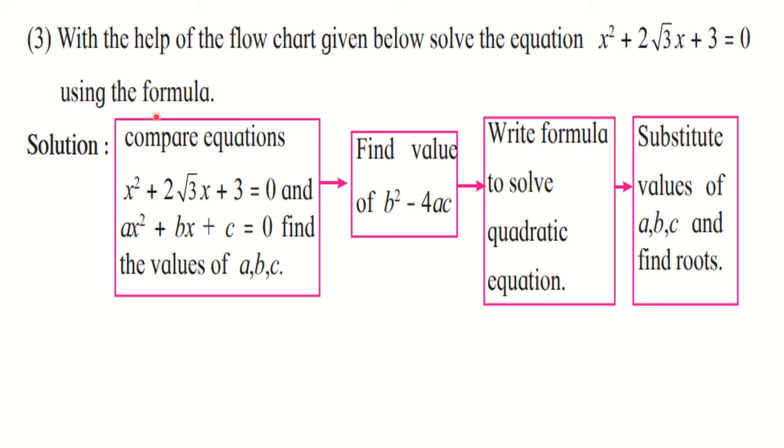Question number 3, which is activity based. You know that in question number 2a you get 2 activity based questions, and in question number 3a you get 1 activity based question. Out of 2 you need to solve any one. Such questions can be asked for 3 marks. So they have given you certain steps, a flowchart is given to you, and from that you have to do the steps and calculate the things.